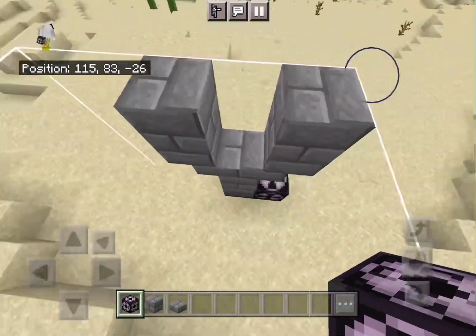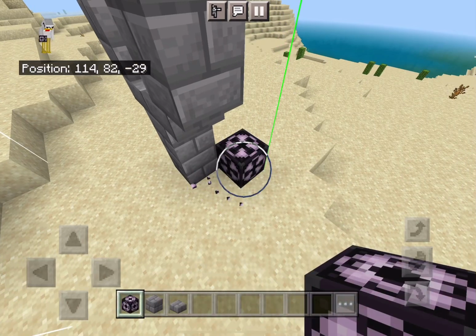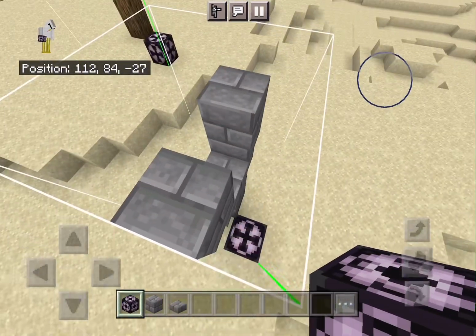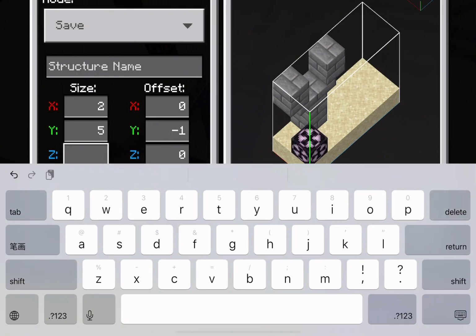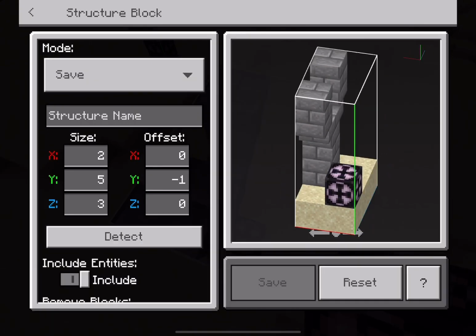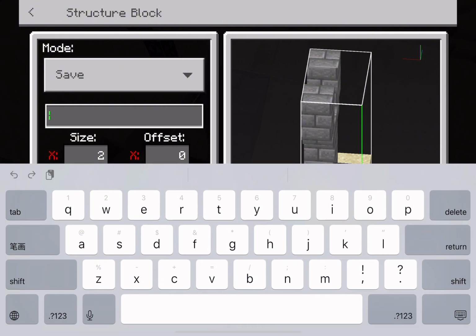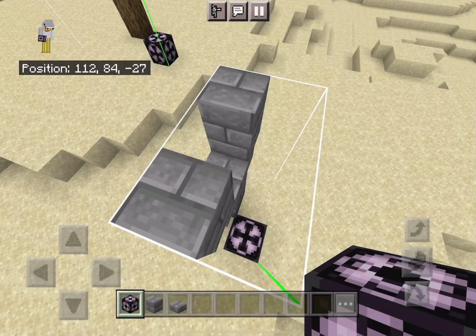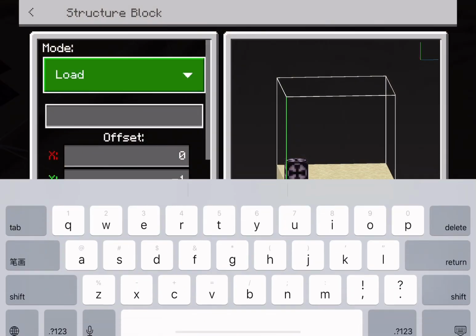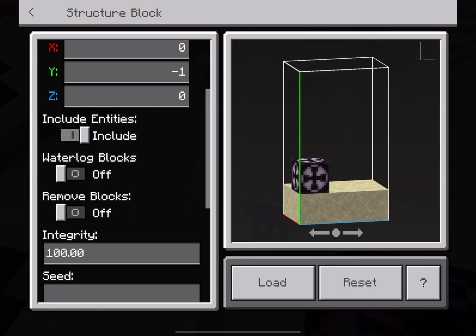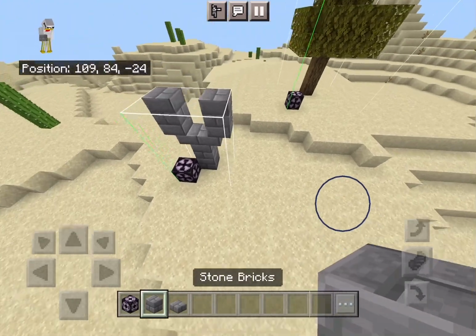Now I'm just gonna put that in the structure block and make sure to put it there, so the structure block isn't there. And now I'm just gonna adjust the box to make it fit in and not overlap. And then just name it and save it. And then just go somewhere and load it and type the name of the structure. And now